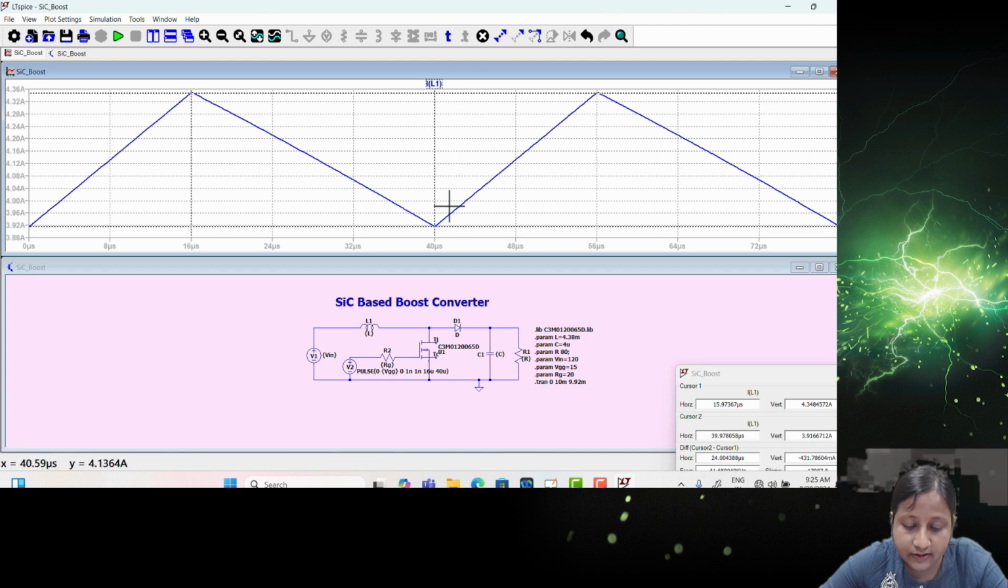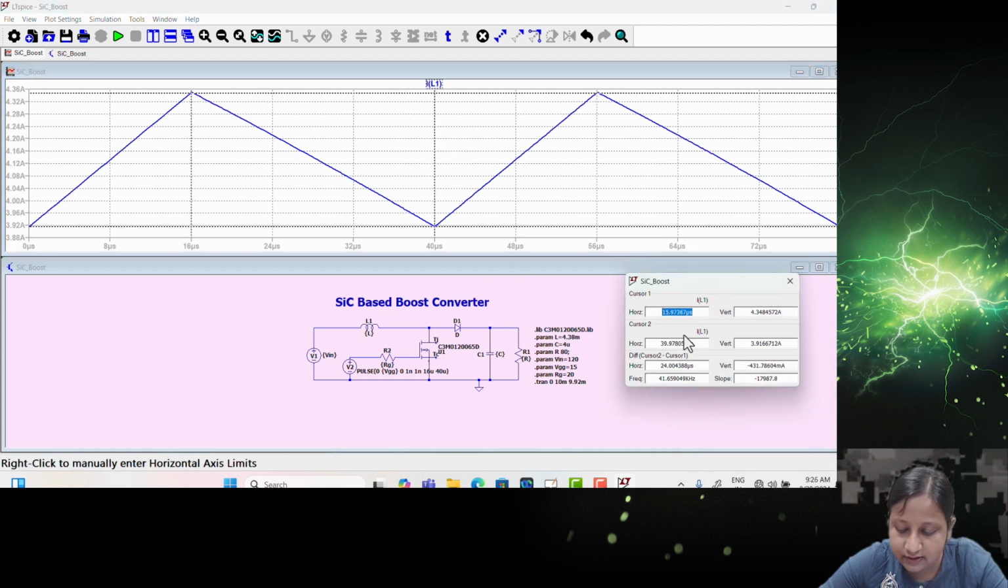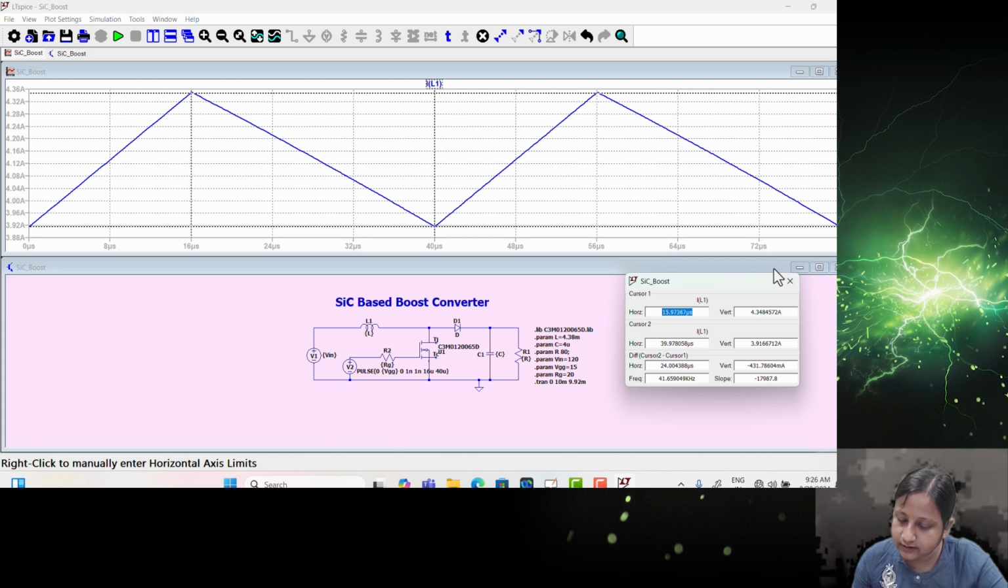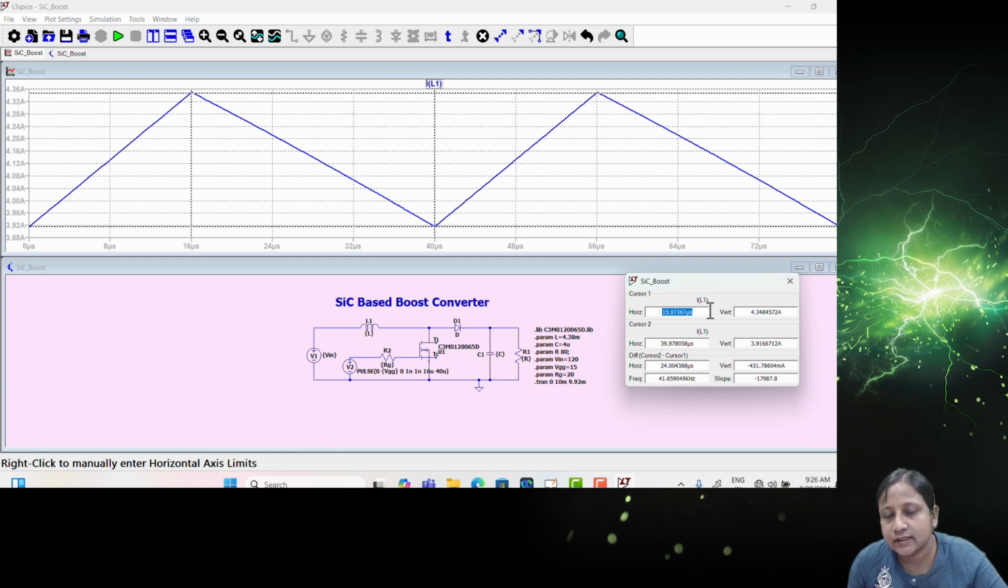So once you are pressing in that point, then different cursors are selected. Once the cursors are selected, then this window will open, right? In this window you can see, since two cursors are selected, for one cursor, what is the horizontal time and what is the vertical current magnitude, because we are measuring current, so that is visible directly here. And similarly in cursor 2, what is the horizontal time and what is the vertical